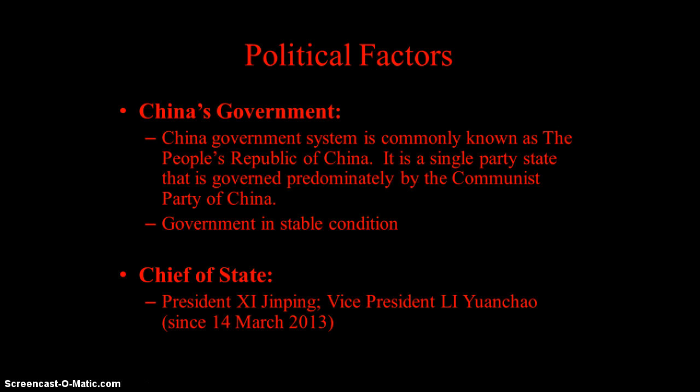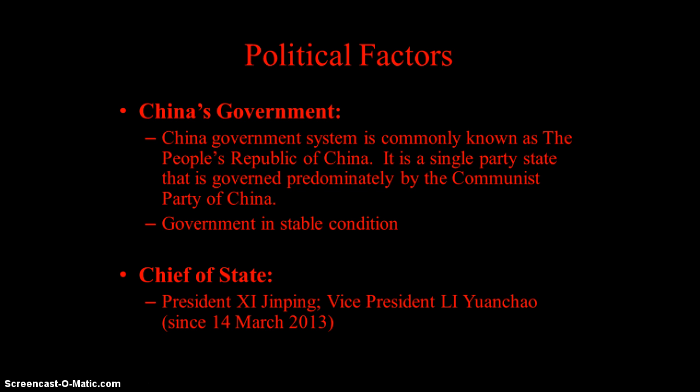For China's political factors, China's government system is commonly known as the People's Republic of China. It is a single-party state that is governed predominantly by the Communist Party of China. The VP of the New York-based political risk practice at Aon Risk Solutions, Karina Mohanigan, states, "The political risk situation in China is interesting because while there's stability with the one-party system, there's also very little transparency in rules and other aspects of doing business, which makes it challenging for foreign investors."